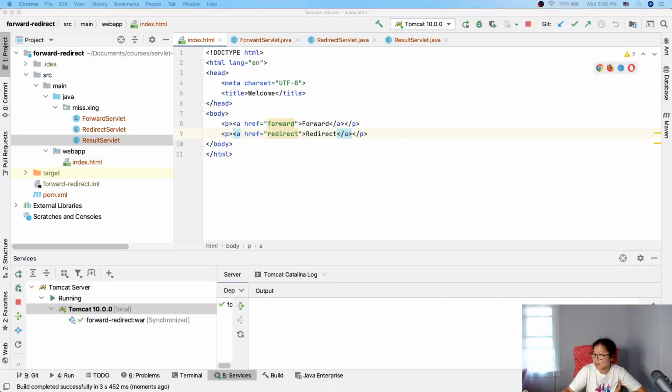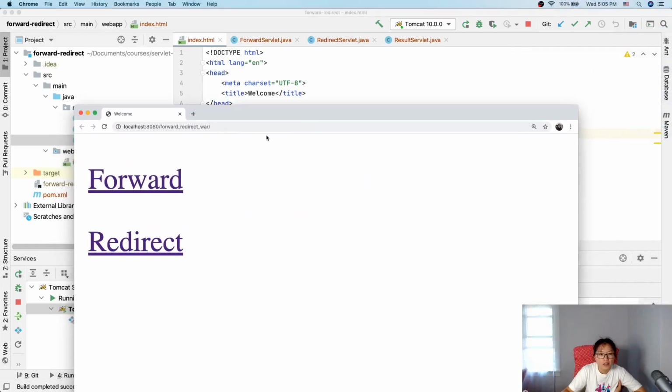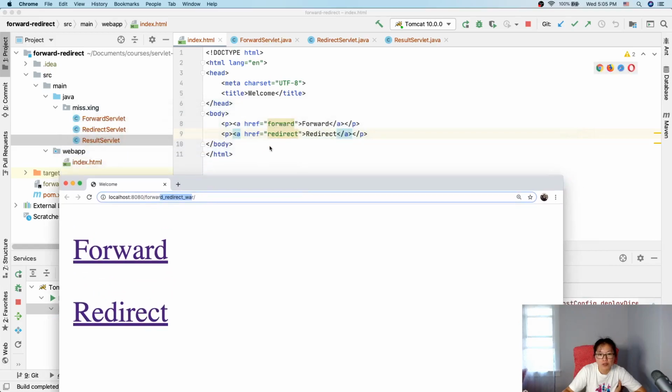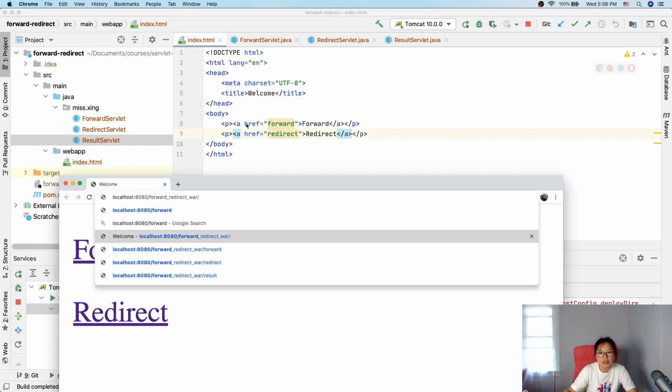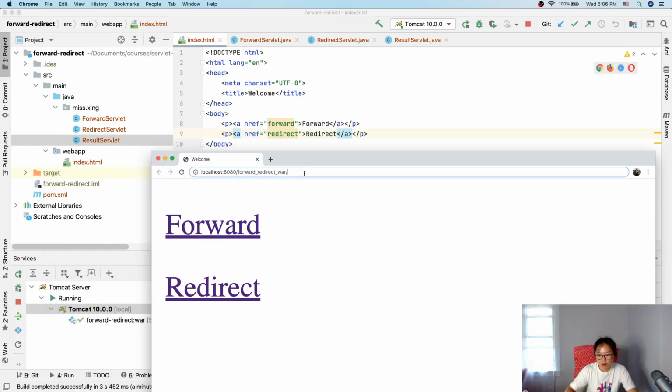Okay, now the open. Here, this is the host name and the port number, and this is the web context. When we add the web context, if we use a slash here, it will make the request this way, and then it cannot find the correct URL. That's why I don't have a slash here. Okay, so now when we go here,